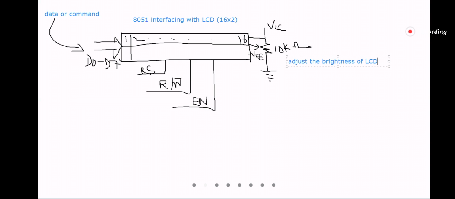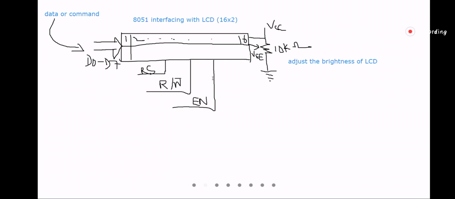Okay. Am I clear to you till this point? As you change the resistance value of this potentiometer, you can adjust the brightness of the LCD screen. Is it clear? Yes, sir. Now